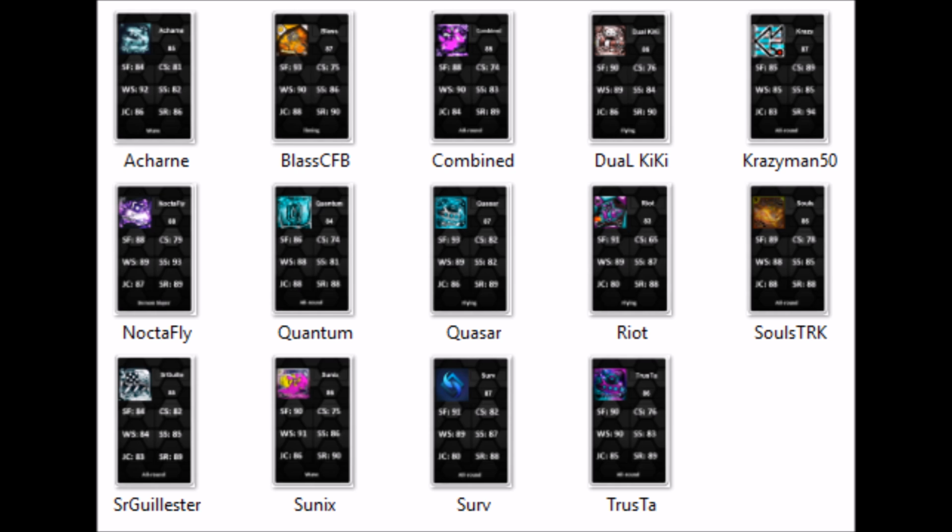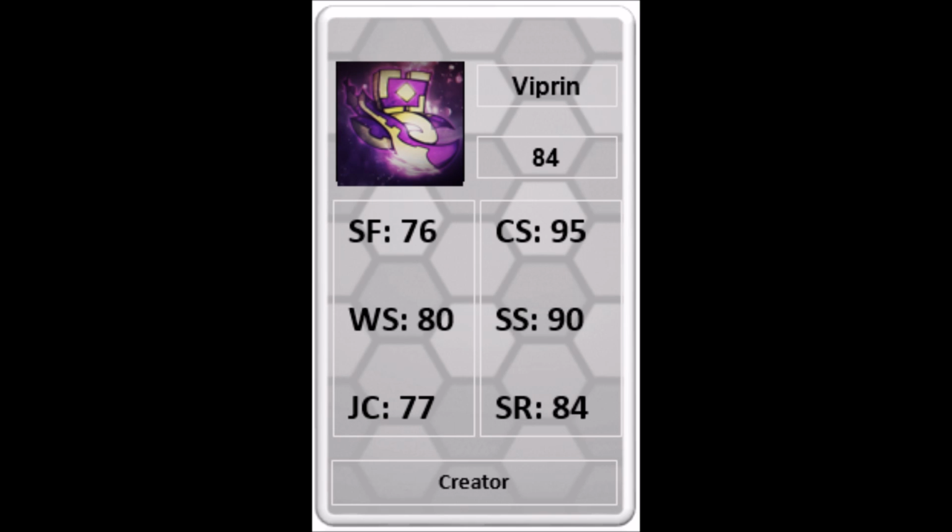I decided to make the black cards for good players, and I would make a white template for good creators. This time around, I haven't had time to make 20 different cards, so I settled on making a player card for Viprin, and here it is. I made a best guess for his stats, and it came to about 83.666 recurring overall, which adds up to